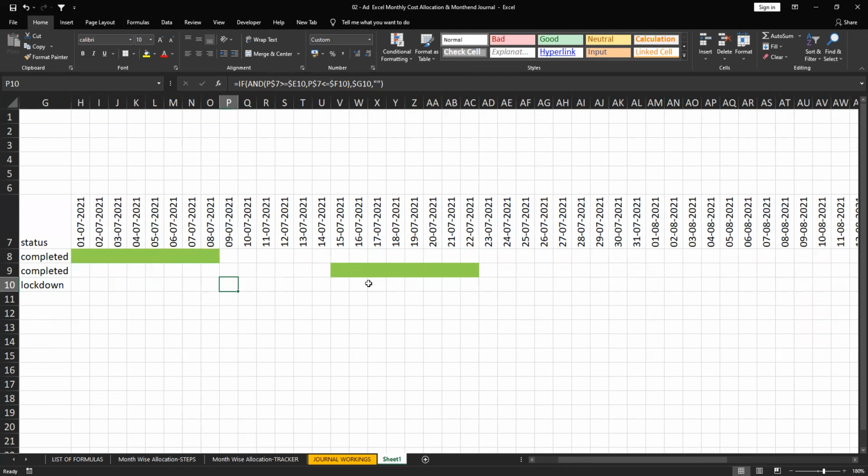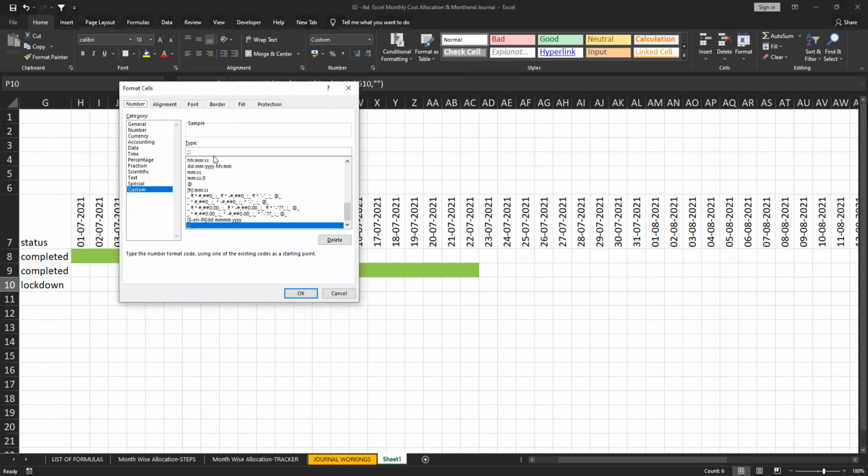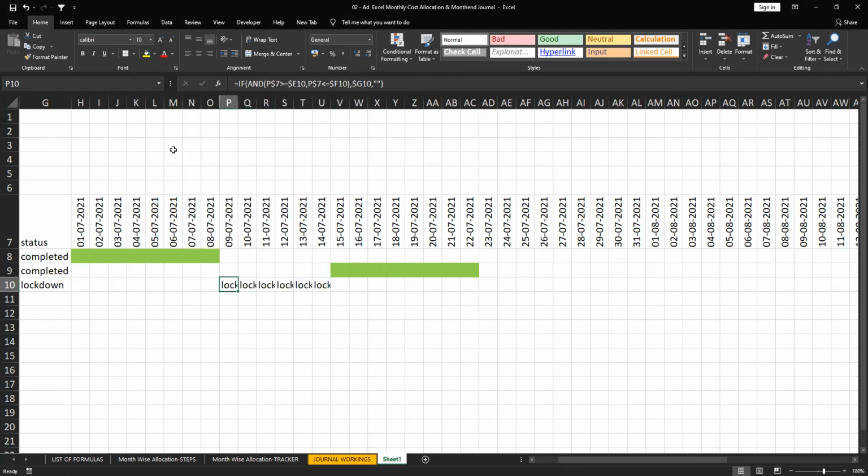Okay. So we have only given 2 things: pending and completed. Lockdown we have not applied. No, this we hide the text, right? That's the reason. Yeah, that's why we did it. Yeah, the hidden. That's the reason. Like I was saying, I forgot to see here lockdown. Color coding to be done. Color coding we need to give, like lockdown maybe red or some color. So it will highlight this.